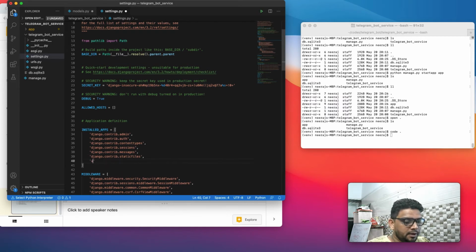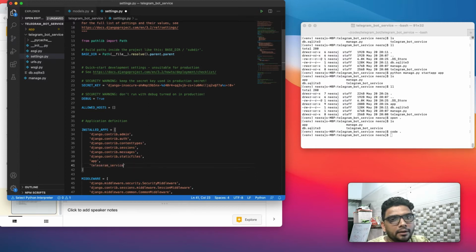Since I have created an app with the name app, I need to add it over here. If I had created an app with a name like telegram or something like that, I would have to add all those apps over here, because unless I add the app name in the installed apps, it will not be recognized by my project, right?